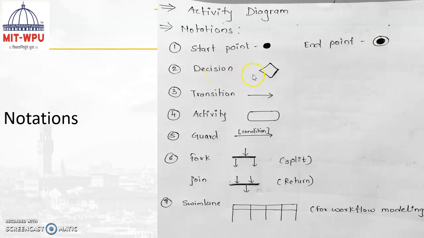The next notation is a decision, and you can represent that with the help of a diamond. This is a kind of decision making, yes, no. If you want to proceed with a decision, you can represent it with a diamond. Here the message passing from one activity to another activity, when the problem statement is moving, we can represent with a transition, and the symbol is simply a line followed by an arrow. The important thing in an activity diagram is how to represent the activity or the action performed by a problem statement, and you can represent that with this symbol. So this is the symbol to show the activity for a problem statement.